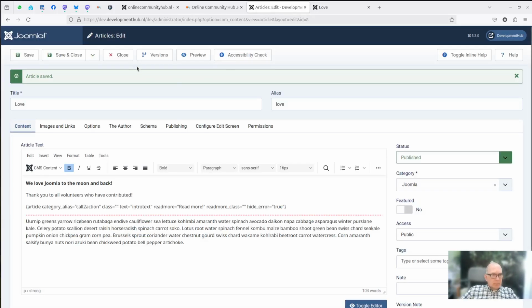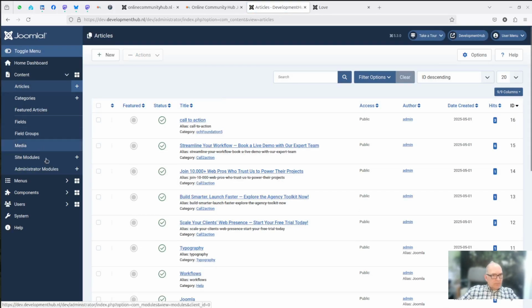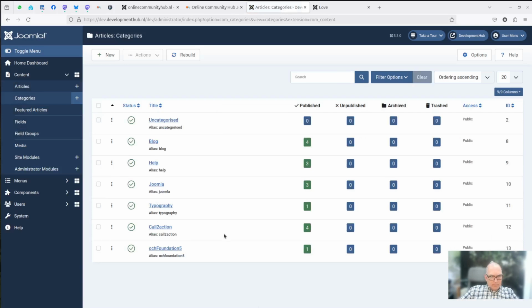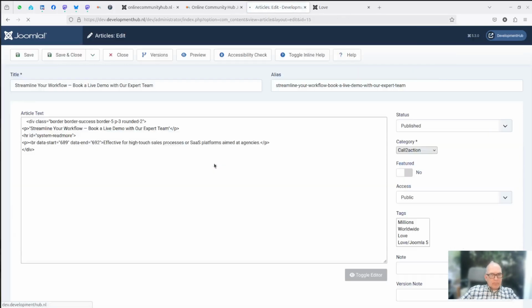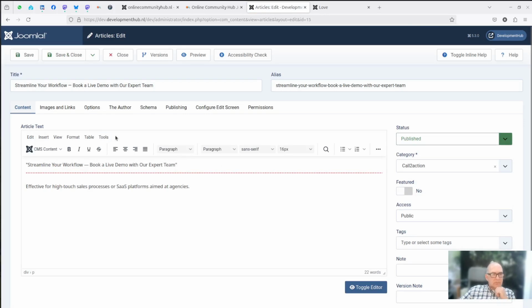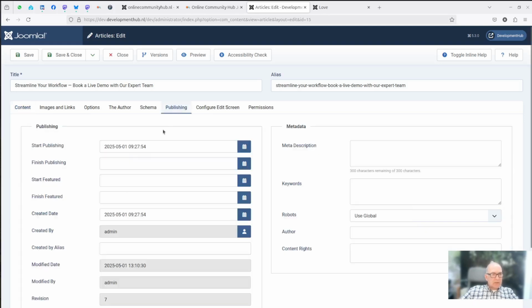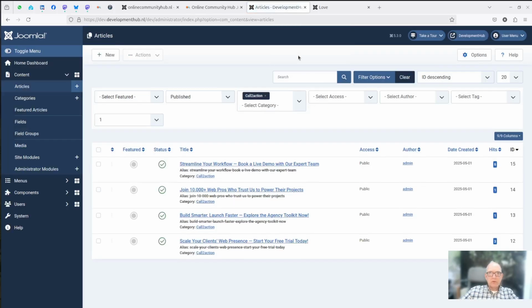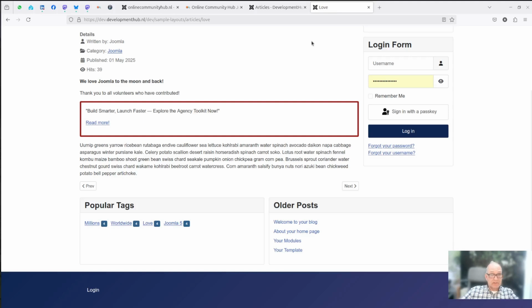Now this is not all, because what you can also do is, let's say this article is a special call to action or a special promotion. You can set a start publishing and a finish publishing date, and that will be respected by the article tag.